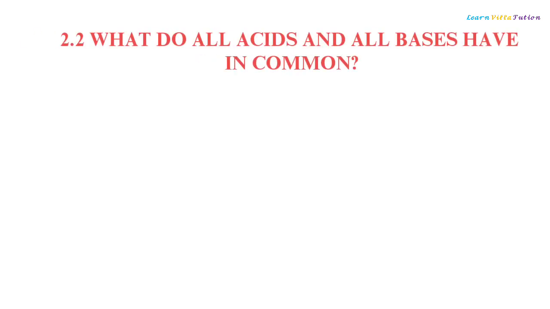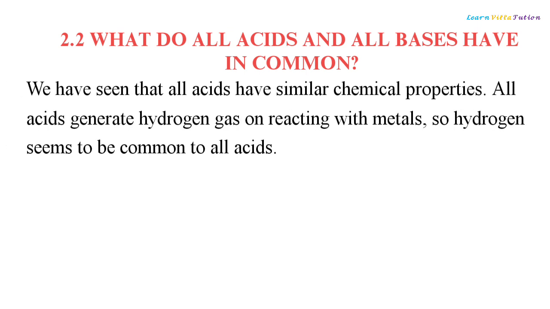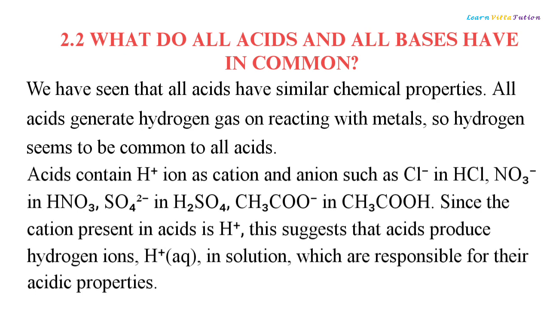What do all acids and all bases have in common? We have seen that all acids have similar chemical properties. All acids generate hydrogen gas on reacting with metals, so hydrogen seems to be common to all acids. Acids contain H+ ion as cation and an ion such as Cl- in hydrochloric acid, NO3- in nitric acid, SO4-- in sulfuric acid,